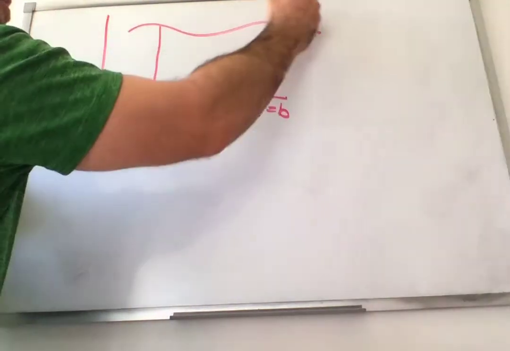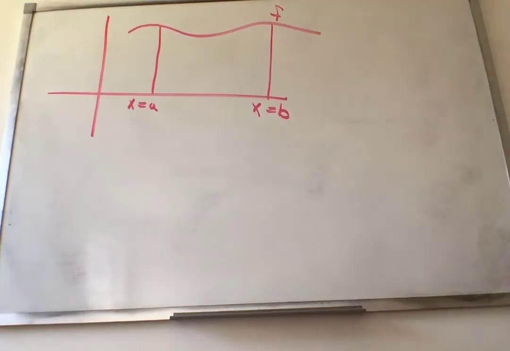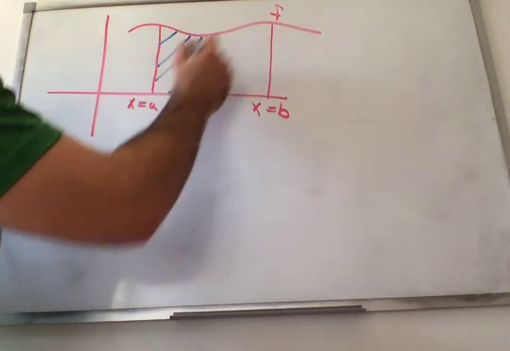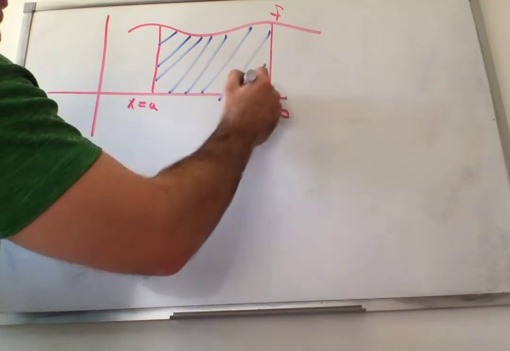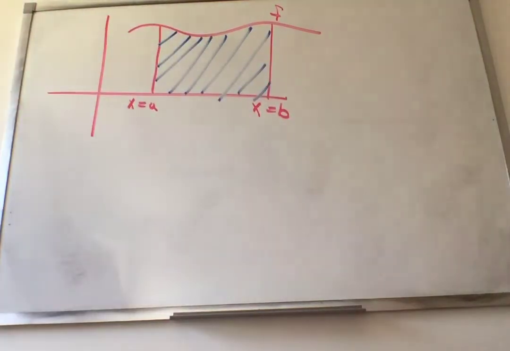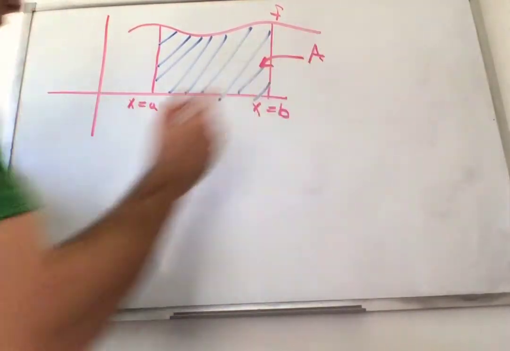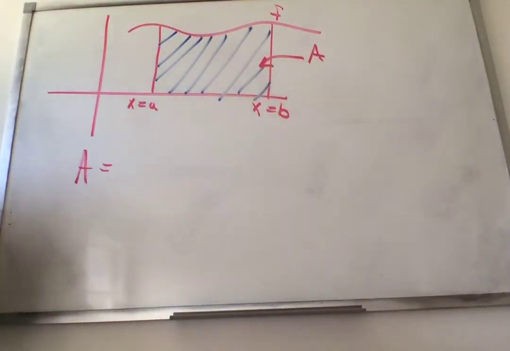This is my function f. It is continuous, right? And it is saying that this area underneath this curve between these x values and above the x-axis, so this right here is A, the area, is equal to